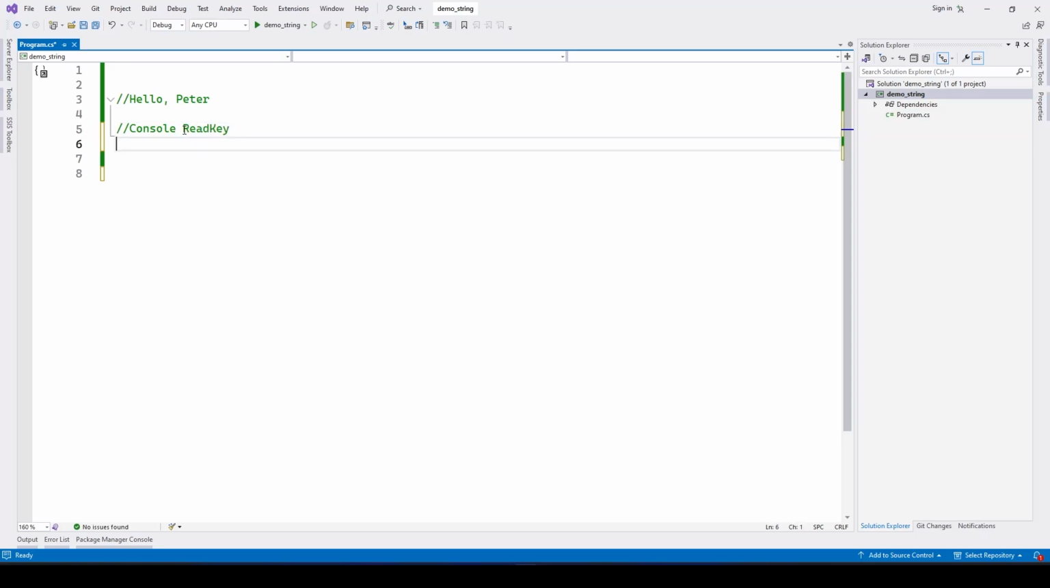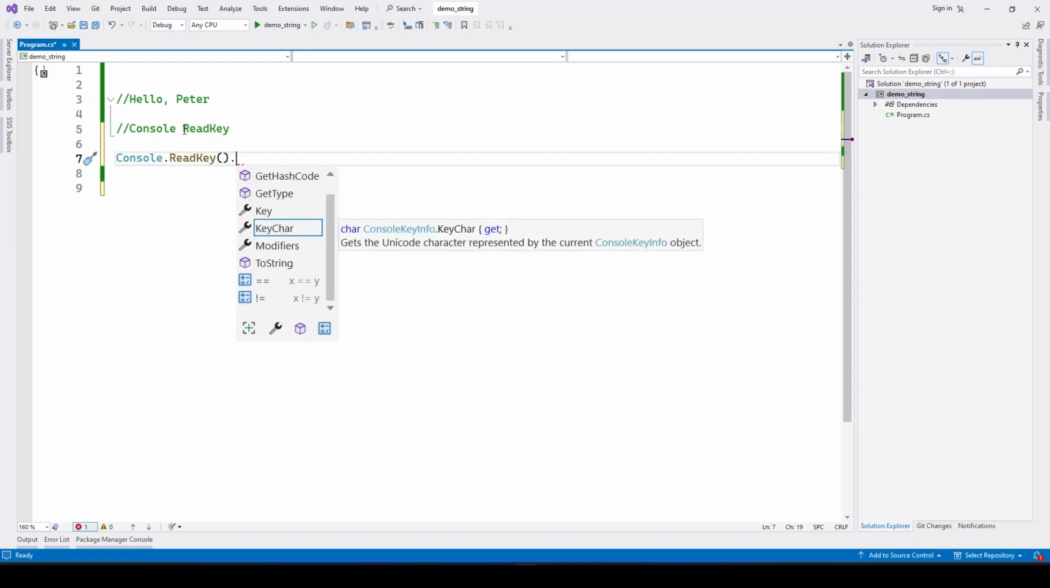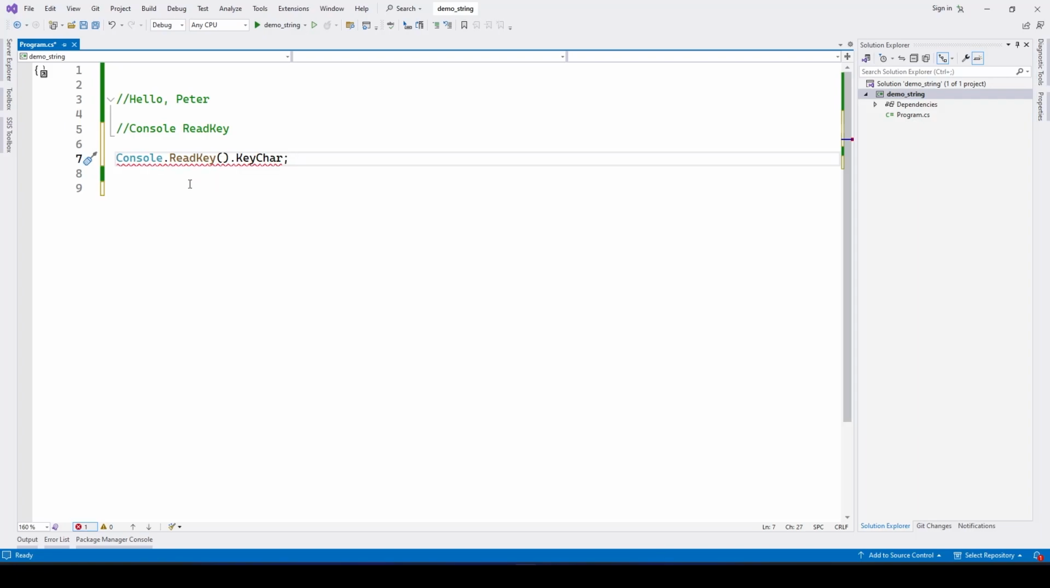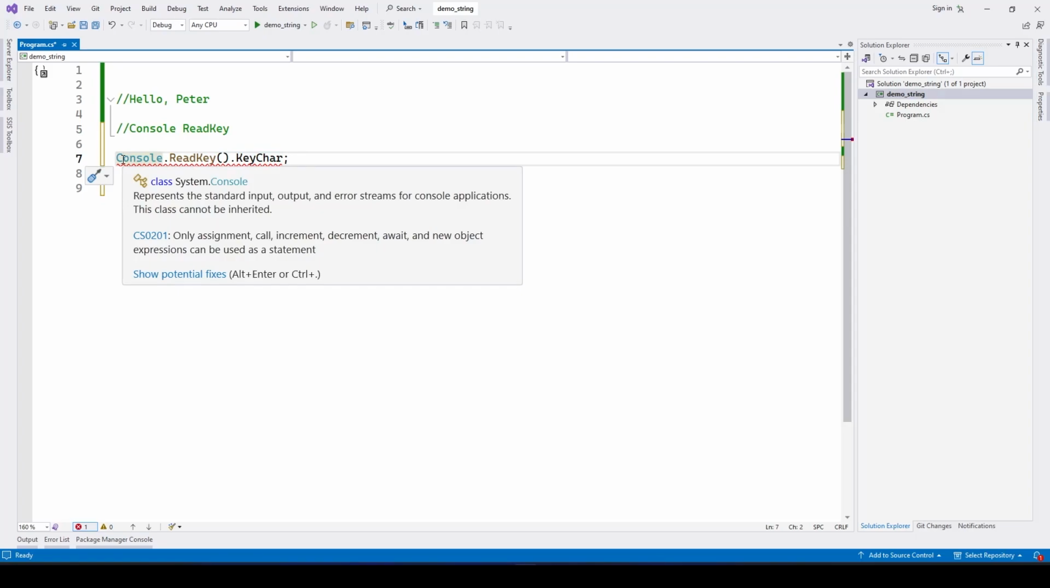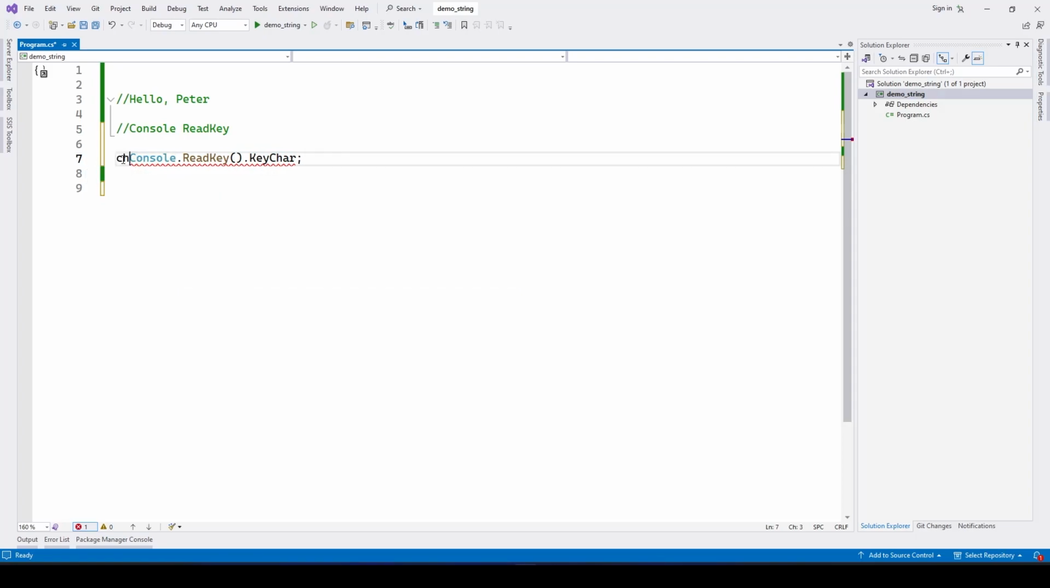Let's see the Console.ReadKey method in action. Suppose the requirement is whatever key the user is pressing, you want to capture using your program. Let's write Console.ReadKey, and on that let's call the KeyChar. So what is happening here? We are using the ReadKey method that will give us the key information which is clicked, and the KeyChar property will give me the key name which was pressed. So let me store this information in a char variable. Let me call it key,